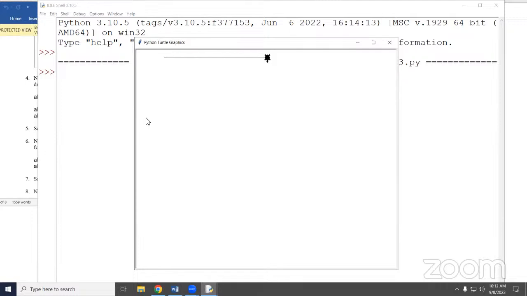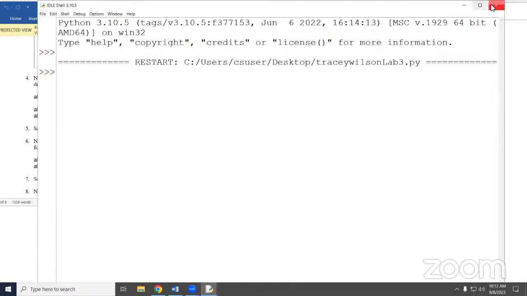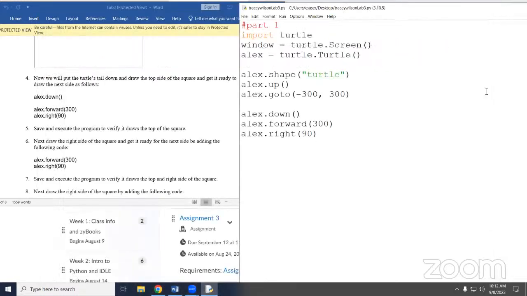Yes, I want to draw the rest of the box. What is the next command I want to do? No, he always moves forward. There is no down. Oh, Alex forward? Yes. Sorry. If you use up and down, all you're doing is playing with his pen, whether or not he's drawing, right? Because up means pick up the pen, down means put down the pen. So Alex needs to go forward again.